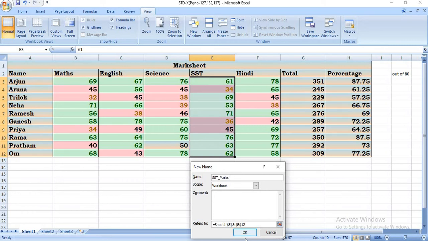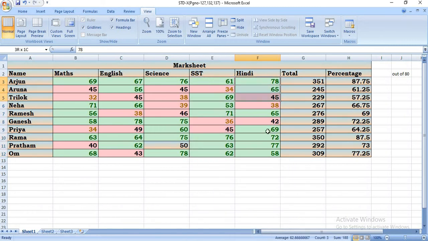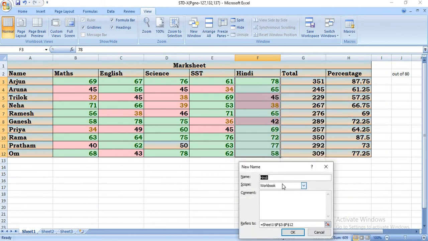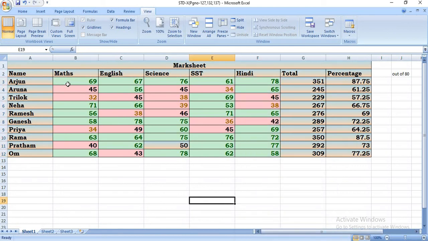Click on OK and select the next range, right click, name the range Hindi underscore marks. Now click on OK. In this way you give names to the ranges.